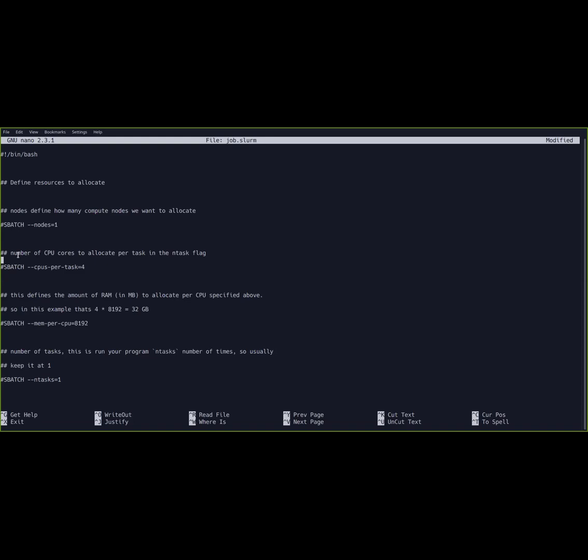Now we're going to do number of CPU cores to allocate per task. The task one is down here, so I'll go over it in a second. But basically, this is the number of CPU cores you need. In this case, I'm grabbing 4 cores. Our next parameter for Slurm is how much memory we want. There are 2 different ways you can define memory: total memory, or memory per CPU. In this case, I define memory per CPU, so for every CPU core, I want 8 gigabytes of memory. Since this is in megabytes here, if I have 4 CPU cores and 8 gigabytes each, I'm going to have 32 gigabytes of memory total to run this